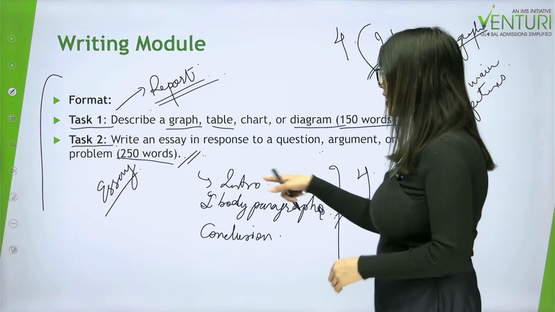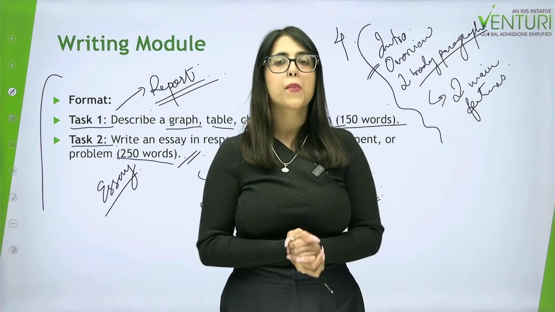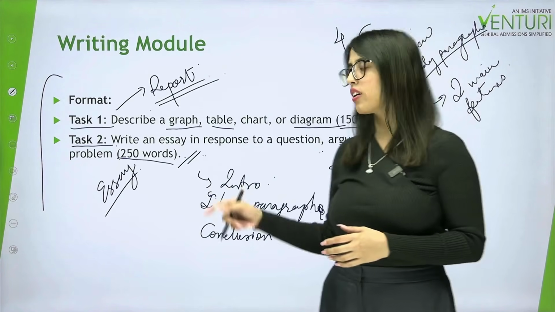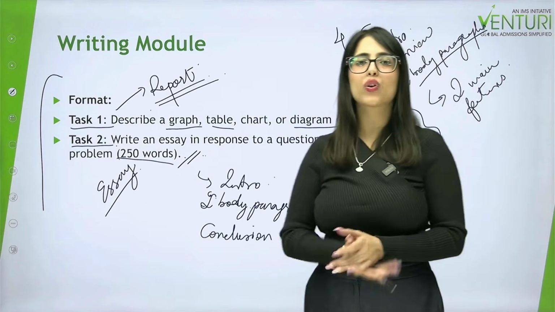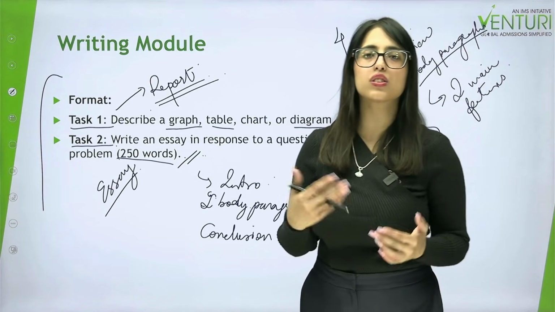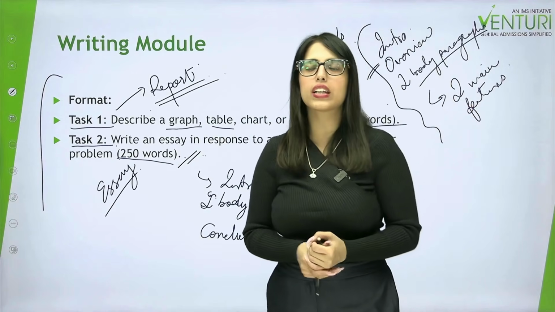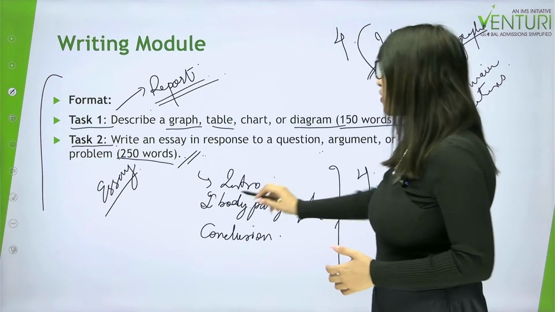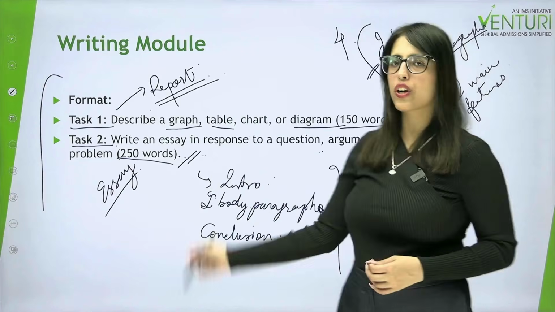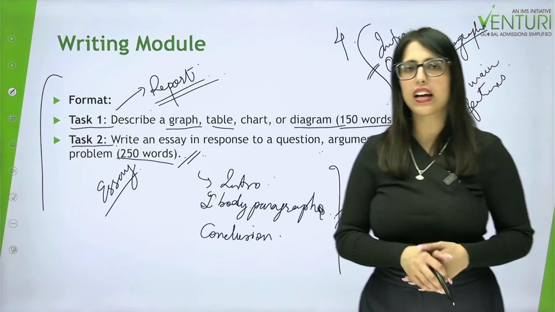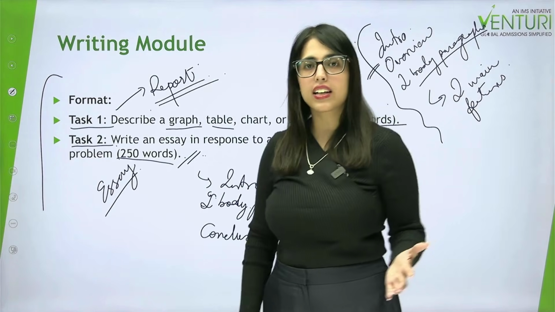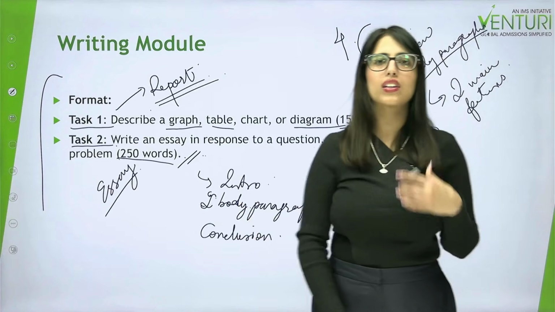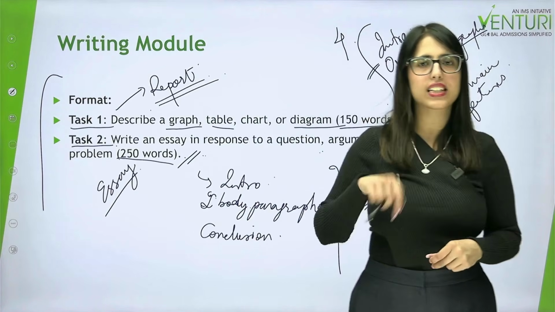The only thing is that here you don't have to write an overview, but you have to outline whatever major things you are going to cover in your essay, and then write about the crux of that essay. Say for instance you get a question whereby you have to talk about the merits and demerits of XYZ. Then your introduction would introduce this particular question statement and what you are going to cover in the entirety of your essay. Then your 2 body paragraphs are going to be about the merits and demerits of that particular subject.